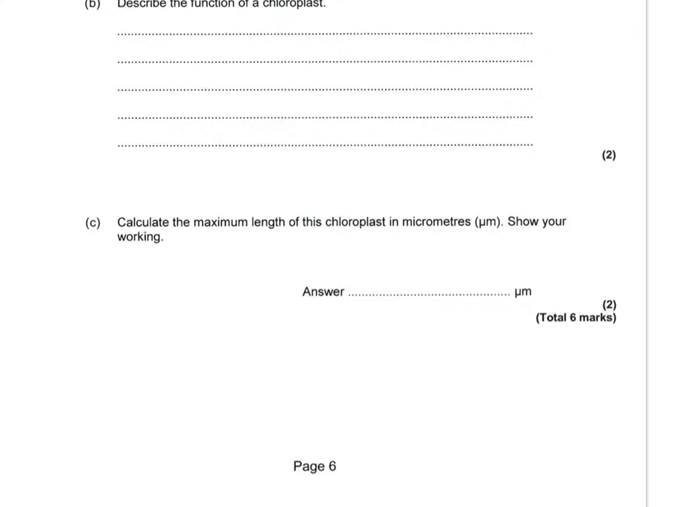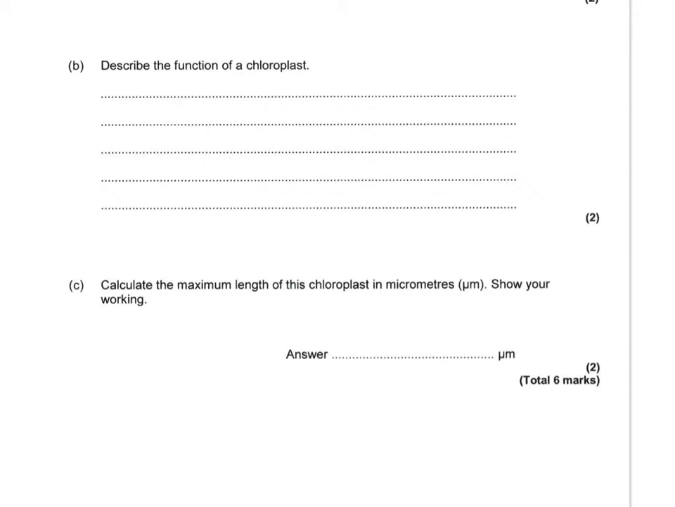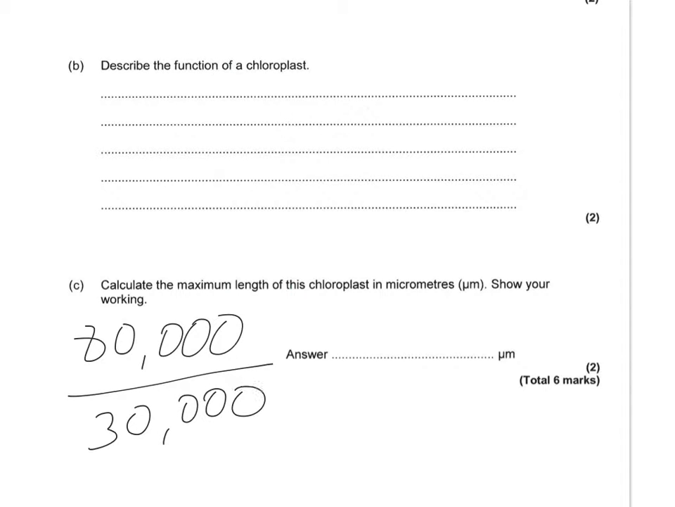Maximum length of the chloroplast. So your calculation: the actual length is the size of the image divided by the magnification. You have been given the magnification in the question, so you simply need to measure the maximum length, which was 80 millimeters. Convert that into micrometers, because in the question your final answer was asked to be in micrometers. So that is 80,000 divided by the magnification of 30,000. That gives you an answer of